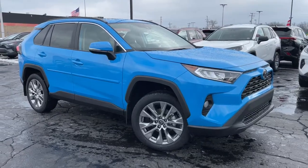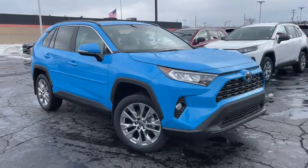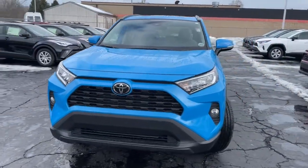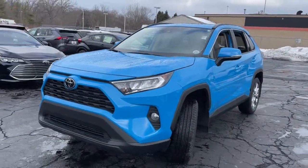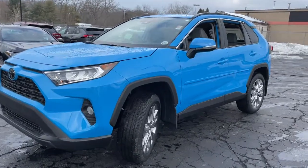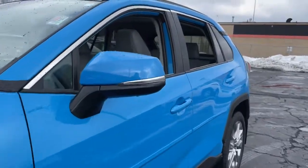Check out this 2021 Toyota RAV4. Handle life's twists and turns with confidence in this responsive, sporty RAV4. With advanced safety tech, multiple driving modes to choose from, a smooth ride, and compact SUV versatility, you'll be ready